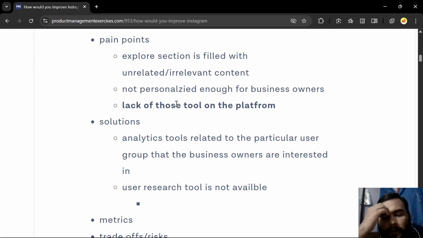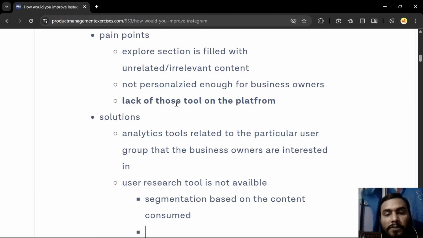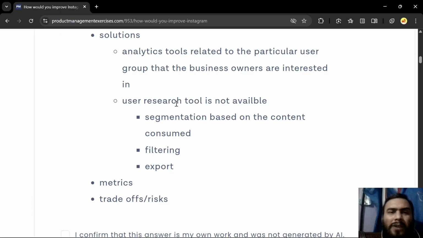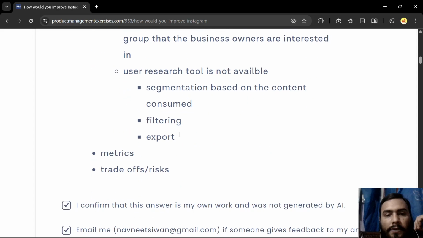So what else can we provide or add in these tools? Segmentation based on the content consumed, filtering, export. These are some of the features I can think about for the tools that we build, or maybe we can build a feature in the current analytics tools that Instagram already has. So let's say we will build a